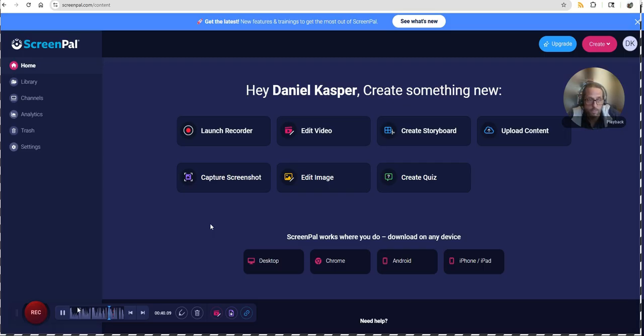Okay, so if you're doing PowerPoint, you have to start all the way over. Some other recording software, you have to start all over. And it starts at the point that